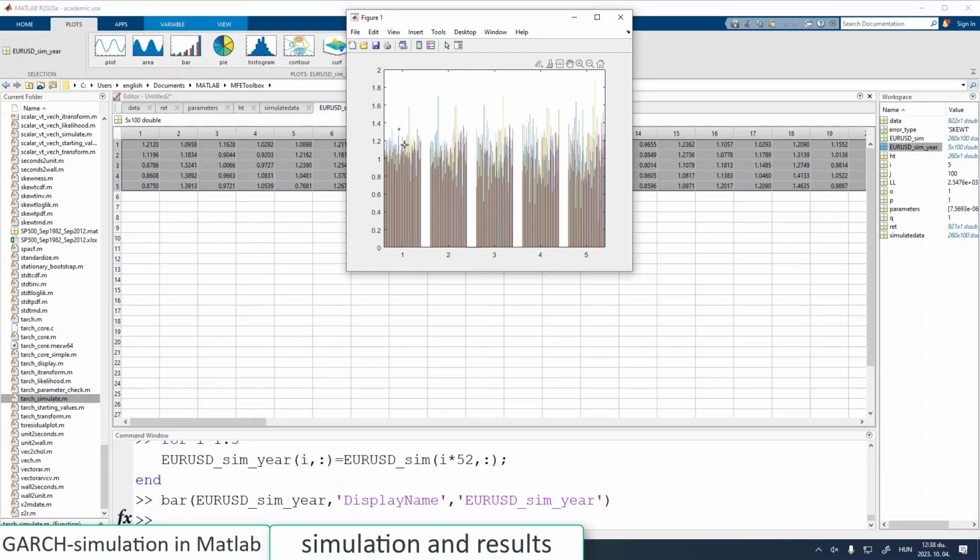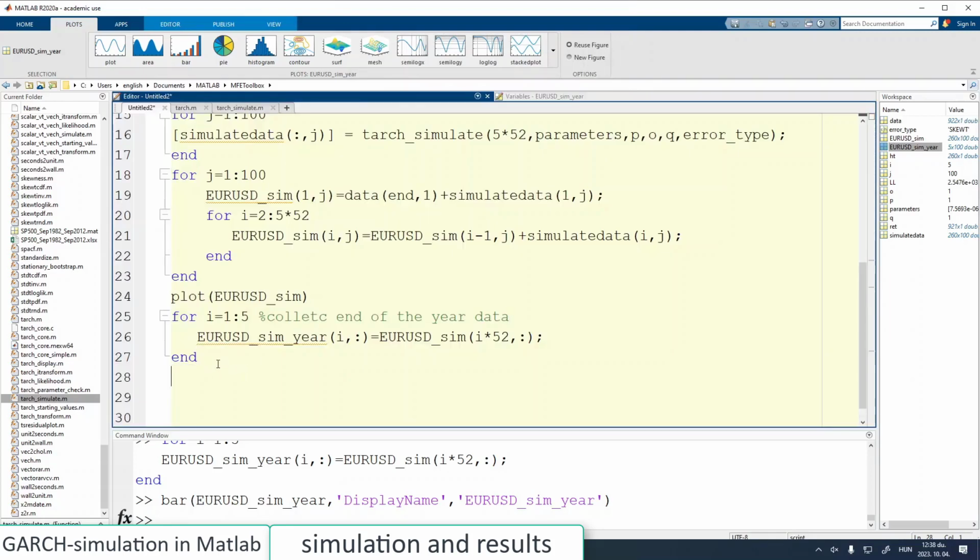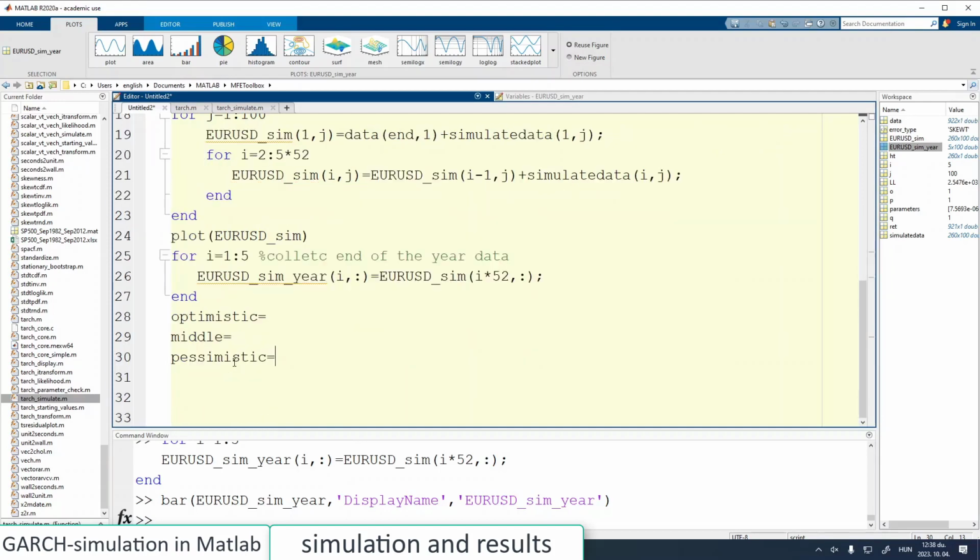So this is the 100 simulation for the first year, 100 simulation for the second year, 100 simulation for the third year, and so on. And now we just have to see that, okay, but what are the optimistic, pessimistic, and middle scenarios? So optimistic scenario, middle, pessimistic scenario, and